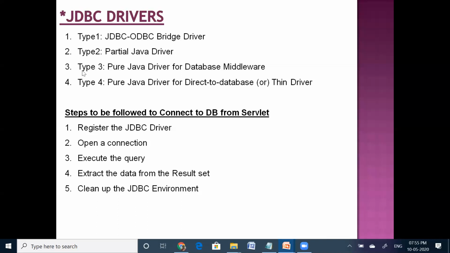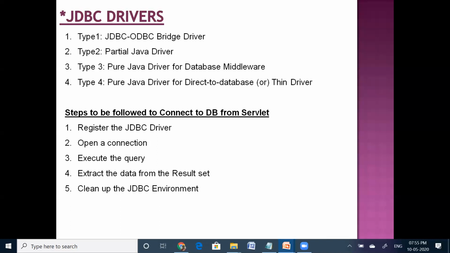Now coming to the fourth one, the type 4 driver. This type 4 driver is also called the native protocol driver, and it is also called the thin driver. If you use this type 4 driver to connect to the database, this driver interacts directly with the database without using any native APIs.